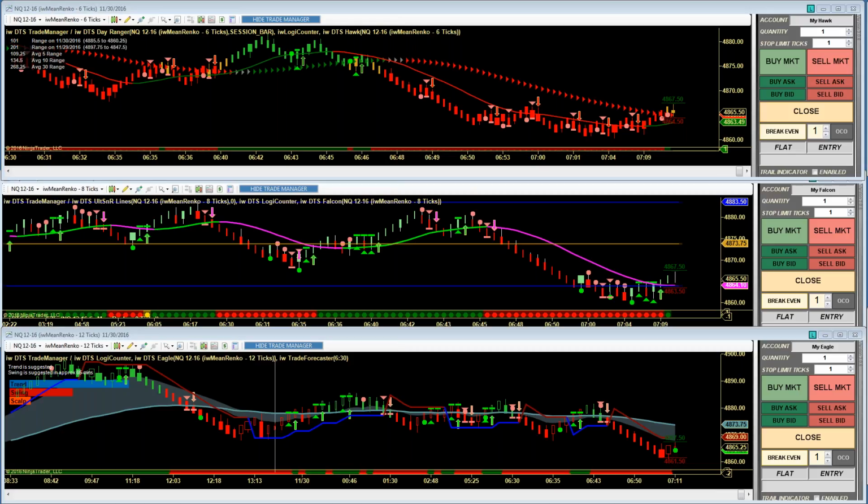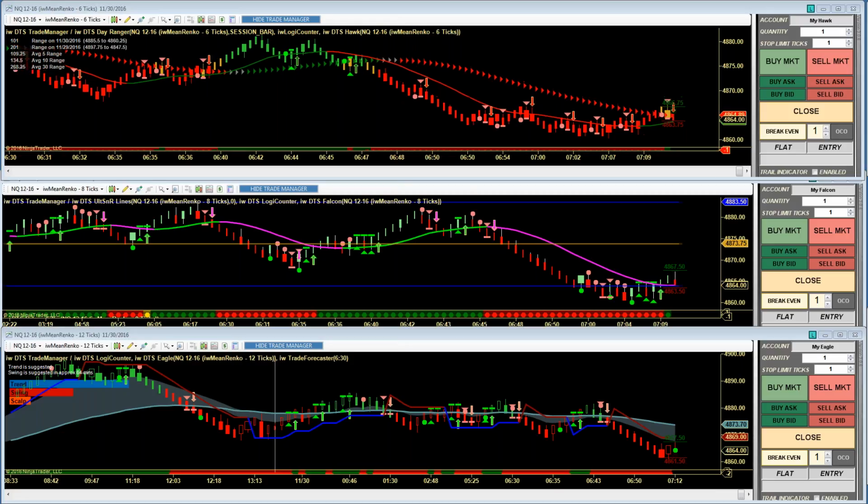And the 6B should be identical to the pound US pair. All right, and